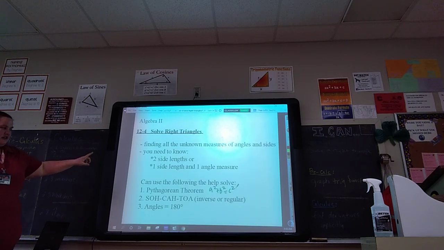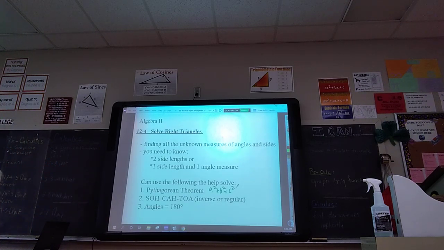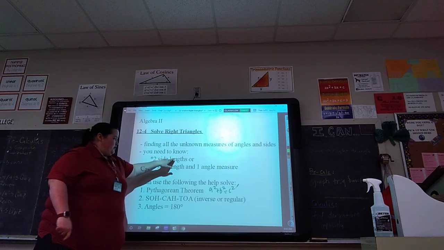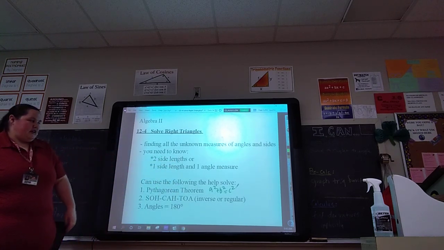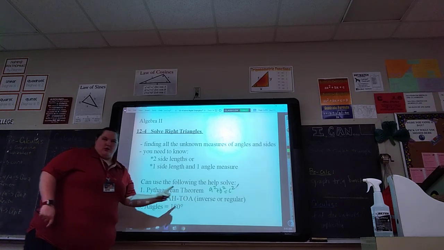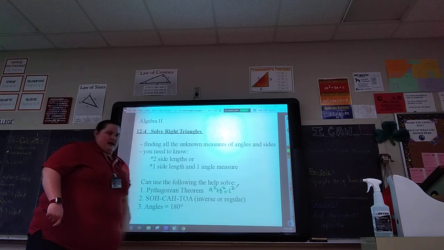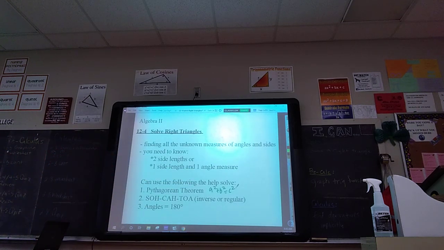So we can use all these helpful things that we've been using with right triangles the last couple weeks. The Pythagorean theorem: if you have 2 sides, you can use a squared plus b squared equals c squared to find the 3rd side. You will have to use SOHCAHTOA at least once, because if you just have 2 side lengths, the only way we can find an angle is by using inverse SOHCAHTOA to find one of those angles inside the triangle. If you are given just 1 side and an angle, you have to use SOHCAHTOA to find a 2nd